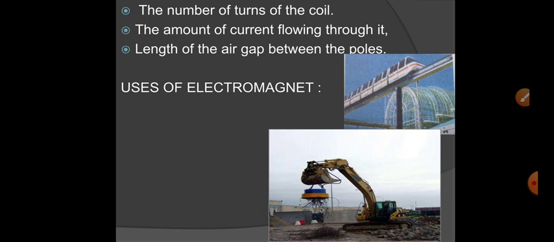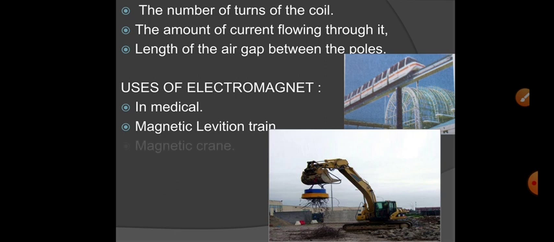You can see in the figure one crane is there. In medical science it is also used. There is also the magnetic levitation train. In the figure, the train you have seen is not attached to the bar which you can see, thus it is floating there. And the second one downside, which you see, is a crane. It has a very big magnetic substance which is hanging down.